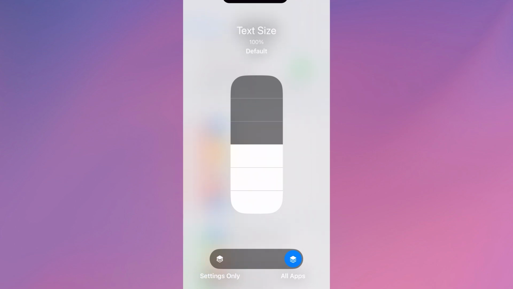size. Now you can choose to do this for all apps, which is what I have selected at the moment, or you can just change this for a specific application by coming over to the left. Obviously I'm on my settings menu at the moment, so this will only adjust the text size of my settings